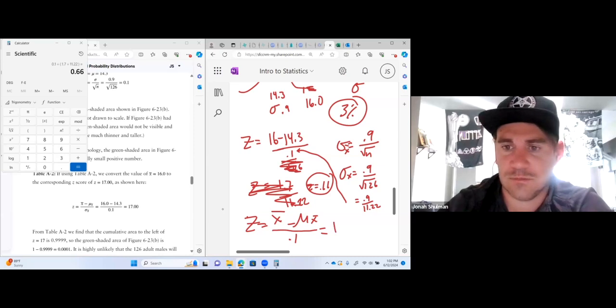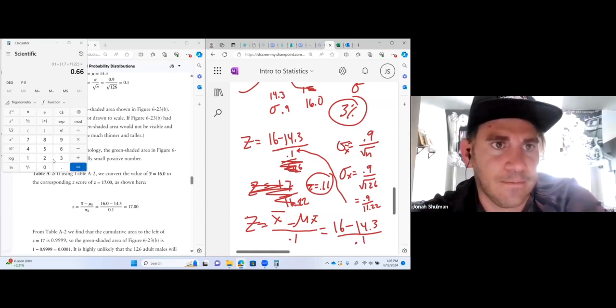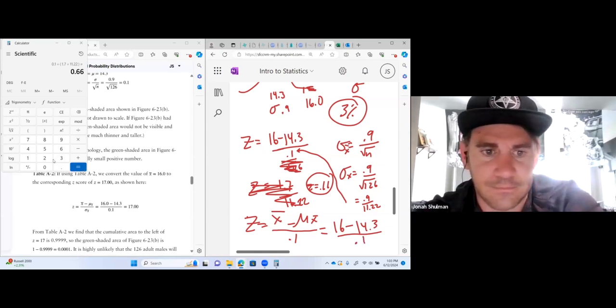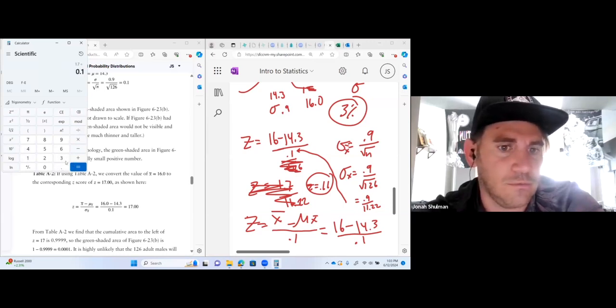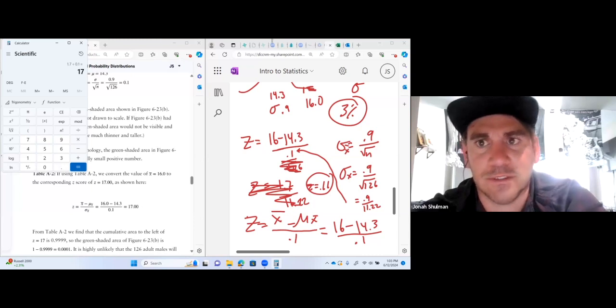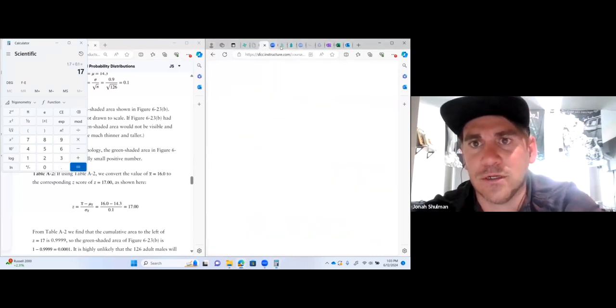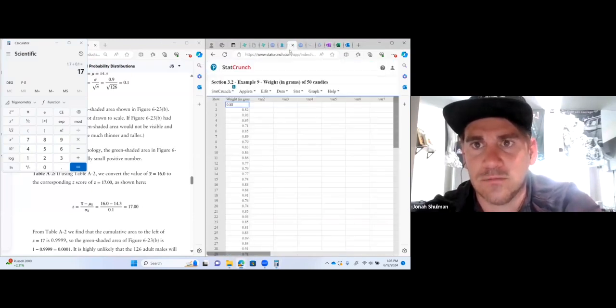So the value is going to be that 16 minus 14.3 over what? 0.1. So what do we get? 16 minus 14.3 divided by 0.1. That's how you got that 17. And if we go back here to this value,